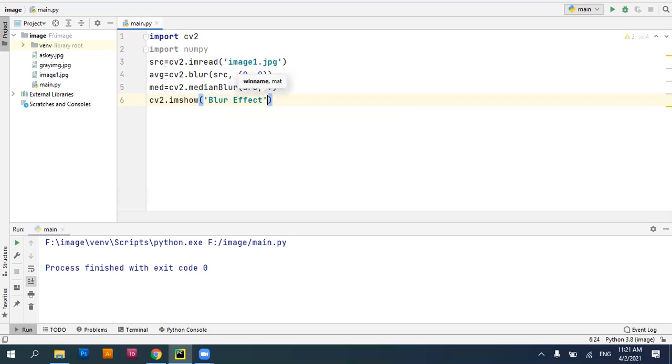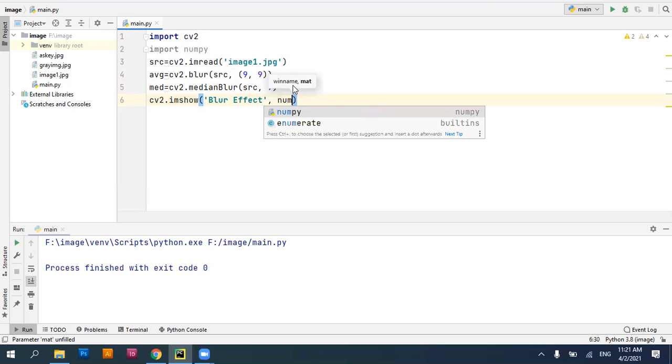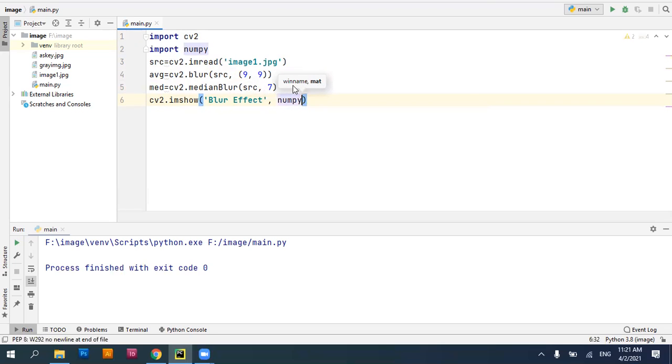And then to display all these three images, that's your source image or original image, the average blur image and the median blur image in one single window, I'm going to take the help of NumPy here. So NumPy comes into the picture and we have something called hstack.